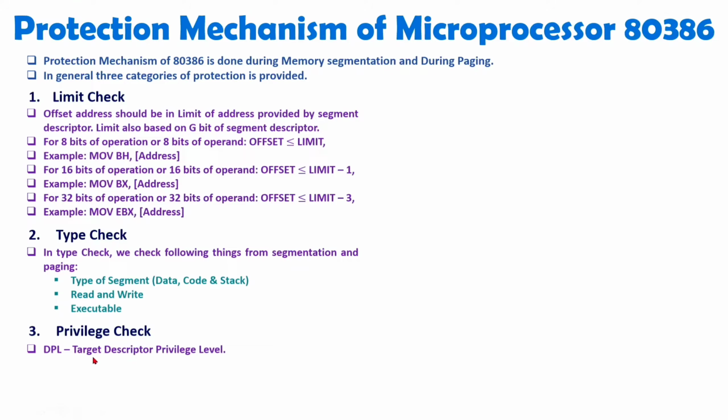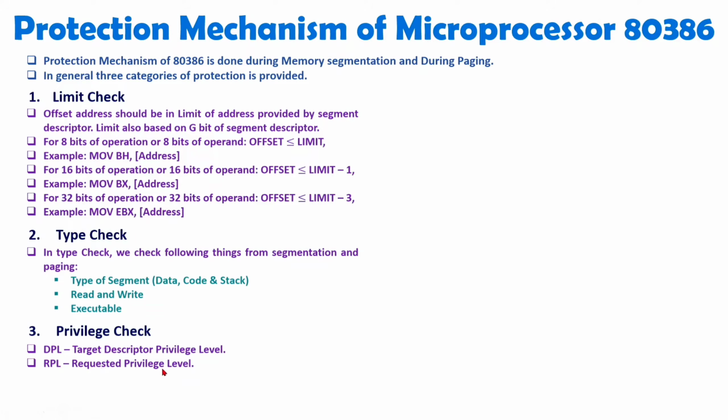Now my dear students, there are a few basic things that you need to understand. See, let us consider here we are having user, and user is having virtual memory address. So in virtual memory address, you will be having selector and offset. Selector will be having privilege level, that will be requested privilege level. So that is the privilege level of user. And once selector is selecting any descriptor, that will be our target descriptor. So in target descriptor, inside there will be target descriptor privilege level, right? So user is having requested privilege level, and inside descriptor there will be target descriptor privilege level, right?